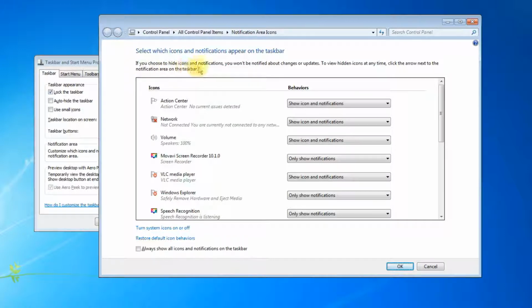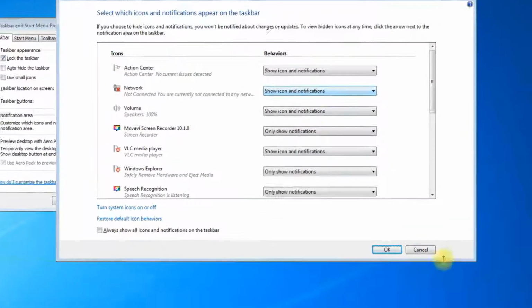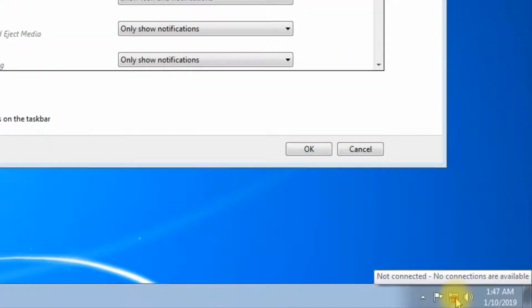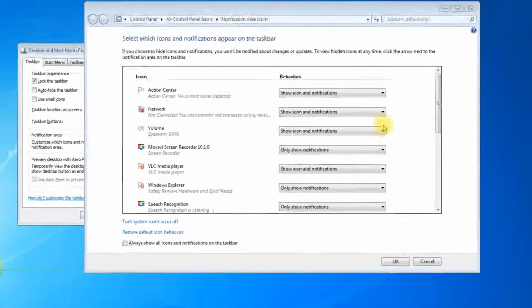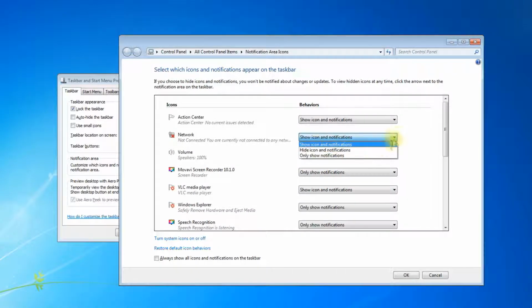If you choose hide icon and notifications, you won't be notified about the changes or updates. The hidden icons can be seen when you click the arrow next to the notification area on the taskbar. For example, if you have a network here, it is set to show icon and notifications. Here the network connection is not given, the red cross mark is here. So if you want to hide this, you have to click here on the push button